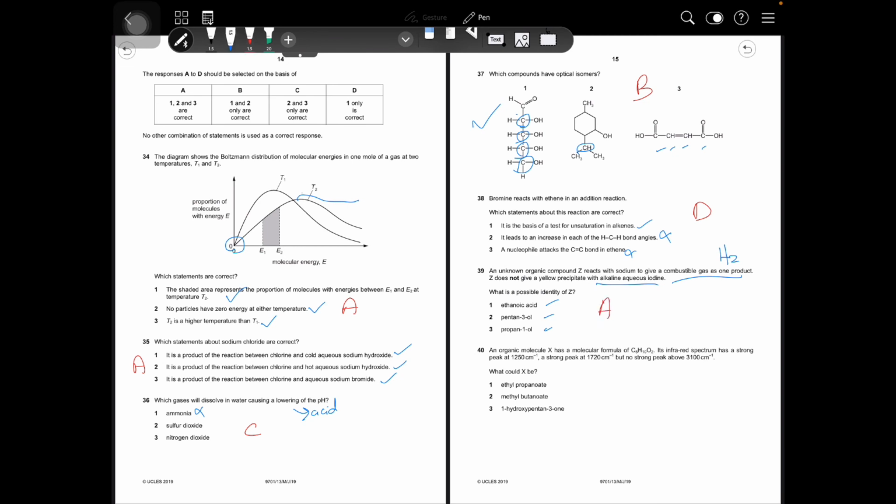The next one, organic molecule X. It has an infrared spectrum with strong peaks at 1250 and also 1720. That means it has a C double bond O, but without a strong peak at 3100. That means there is no OH bond. So option C is incorrect because we have a hydroxy group. Hence, options 1 and 2 are correct. So we have